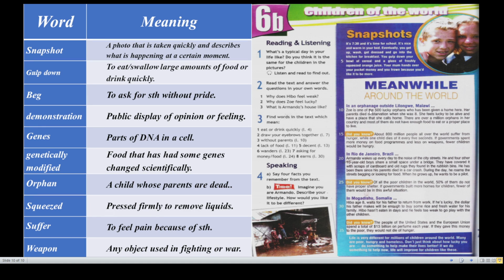In an orphanage outside Lilongwe, Malawi, an orphanage, a place where orphan children live. Zoe is one of the 500 lucky orphans. Remember this word, lucky. Lucky orphans who have been given a home here. They are lucky because they have a home.